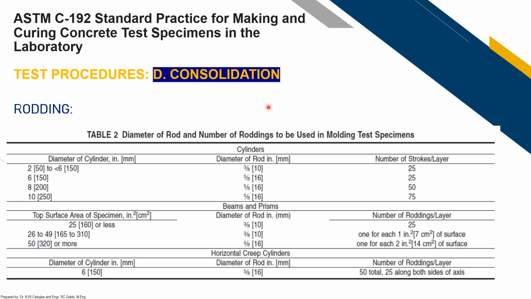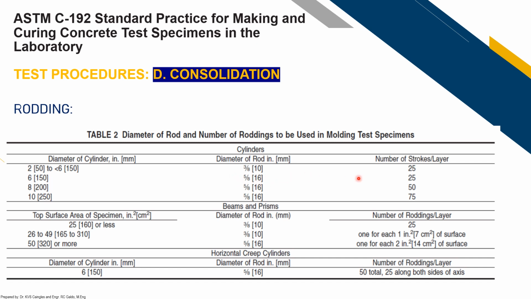So here is a table, diameter of rod and number of roddings to be used in molding test specimen. So this table has columns for diameter of your cylinder mold, and then diameter of rods that you are going to use, and then also at the same time the corresponding number of strokes per layer. Say for example, we have 6 inches diameter na cylinder or 150 mm. So the diameter of the rod that we are going to use for consolidation is 16 mm or 5/8